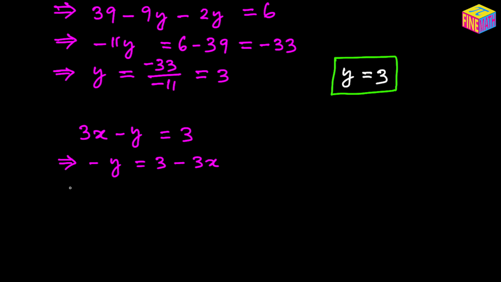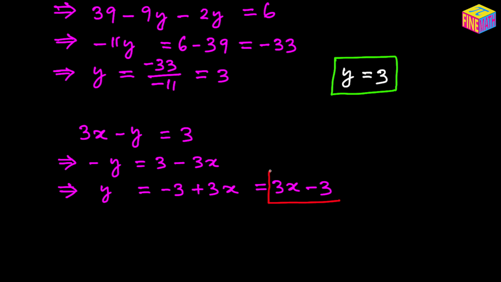And if we multiply both sides by a negative 1, so this becomes positive y, and this will become negative 3 and positive 3x, which can be written as, let's say, 3x minus 3. Alright, so we have found the value of y, and we are going to use this particular value